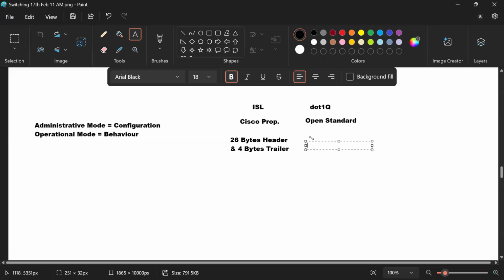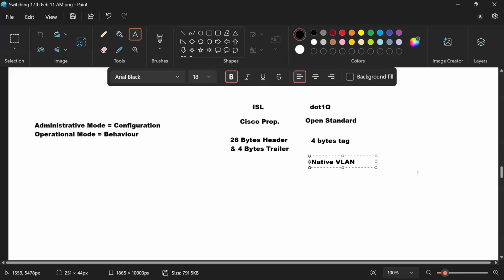So to avoid that, in case of dot1Q, only a 4 byte tag, not even the header, is attached in the existing Ethernet frame. And even this 4 byte information